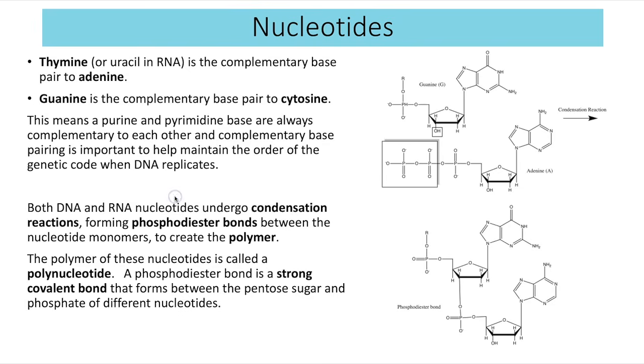Both DNA and RNA nucleotides, as I said earlier, can form a polymer, and the way that you go from having a monomer to having a polymer is a condensation reaction. And that is when water is removed, joining together 2 molecules, and a bond is formed. And the bond that forms is a phosphodiester bond. The polymer of the nucleotides is known as a polynucleotide, and that phosphodiester bond that forms is a really strong